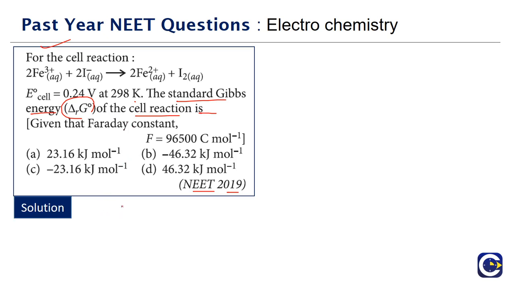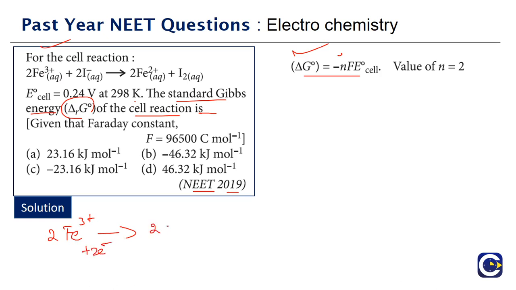If you look at it, we have a straight formula relating ΔG0 and E0 cell. So the formula is ΔG0 will be equal to minus nF E0 cell. And what is this n here? n is the number of electrons exchanged in the cell reaction. If you see the balanced cell reaction, we split it. So the Fe3+ is undergoing